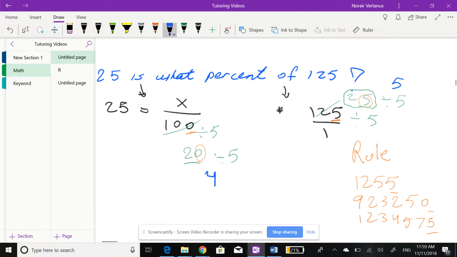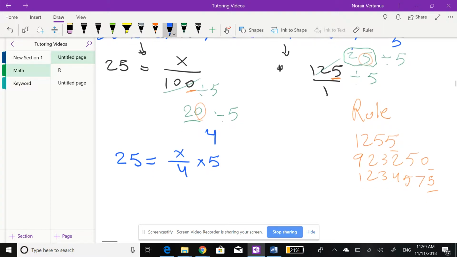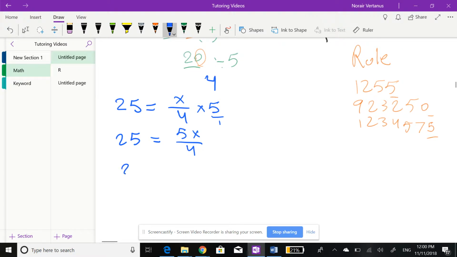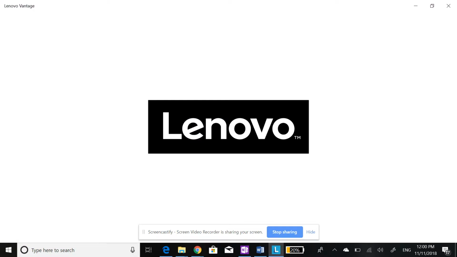So we're done with that, right? So next, what's left? So 25, I'm going to set up the equation. 25 is x over 4 times 5, right? And that's equal to, if you multiply, 25 is equal to, this is over 1, x times 5. It's going to be 5x. 1 times 4 is 4. Numerator times numerator, denominator times denominator. See, I'm going step by step. So 25 is equal to 5x over 4. Now to get rid of,